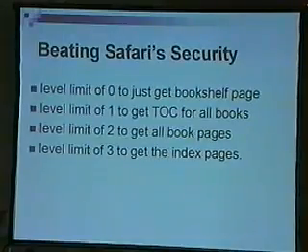When you get to a level limit of 3, that's when you really start to have to download a lot, and you would really need to have this program run for a while to successfully get everything at a level 3 run. But you could start out with a level 1 run to get everything initially, and then from there on maybe add a filter to just get one book at a time, whatever you specifically want, and then do a level 2 of that one to fill in the holes.